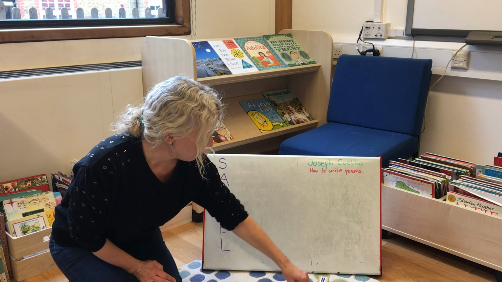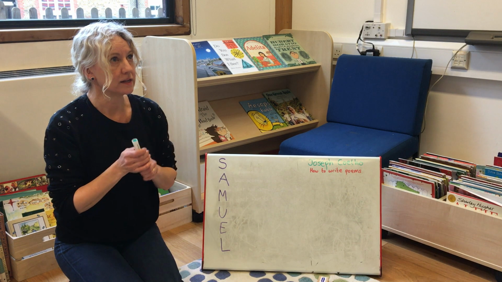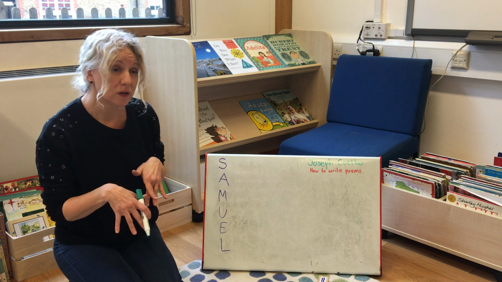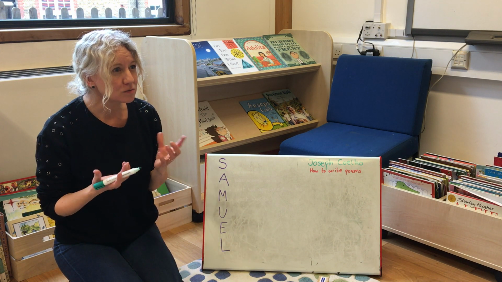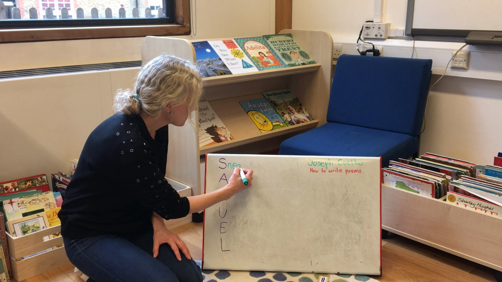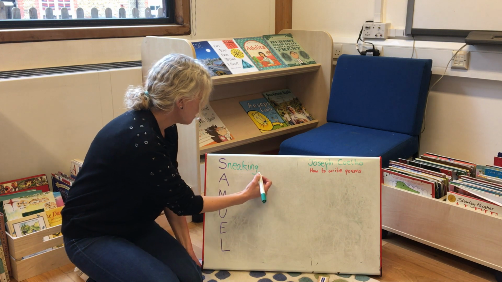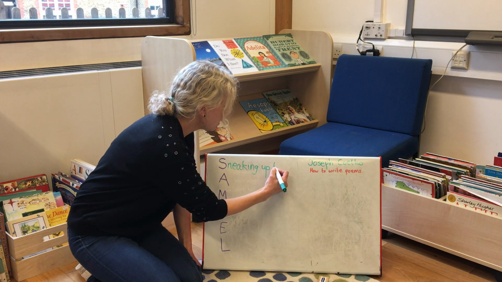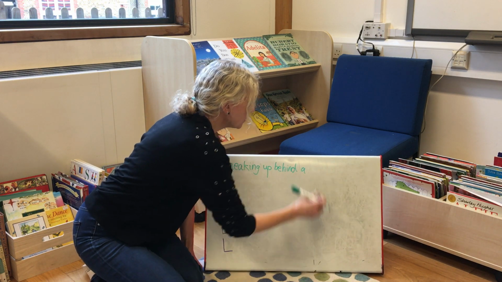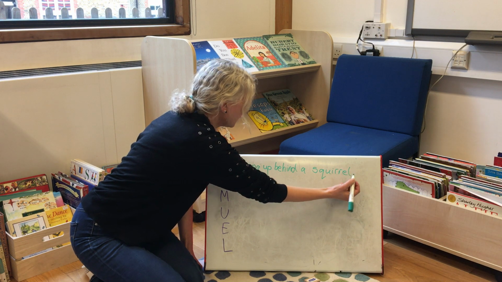Let's choose a different colour. So I'm going to imagine in my mind what he looks like when he goes out into the garden and he's trying to hunt. Now, what might he be doing? He might be stalking, he might be sneaking. Which word? I quite like the word sneaking, so I'm going to write sneaking. Now, he especially loves trying to catch squirrels, so I'm going to write sneaking up behind a, sorry Joseph Coelho, I'm rubbing you off, a squirrel. Sneaking up behind a squirrel